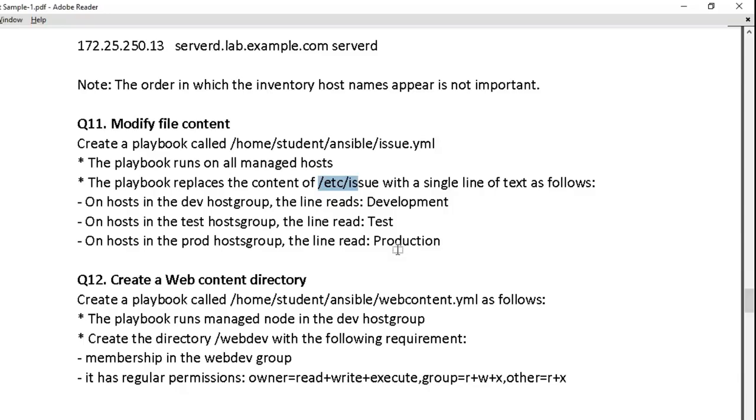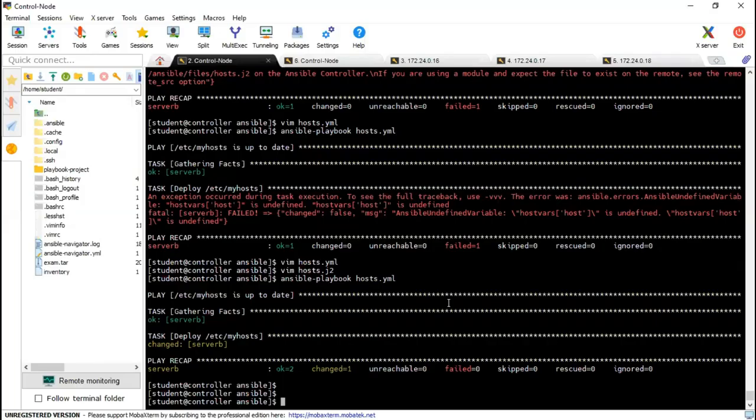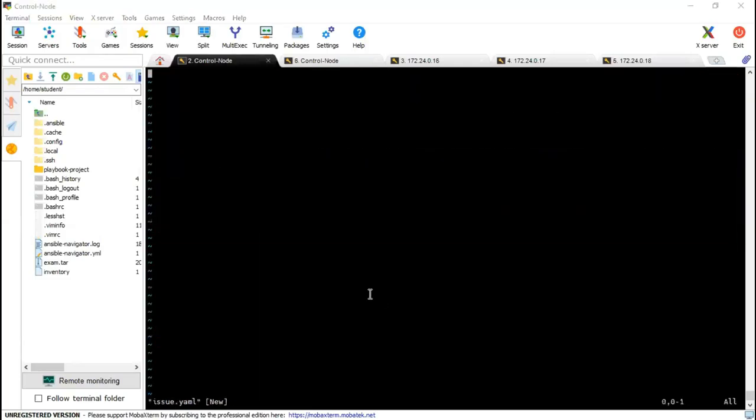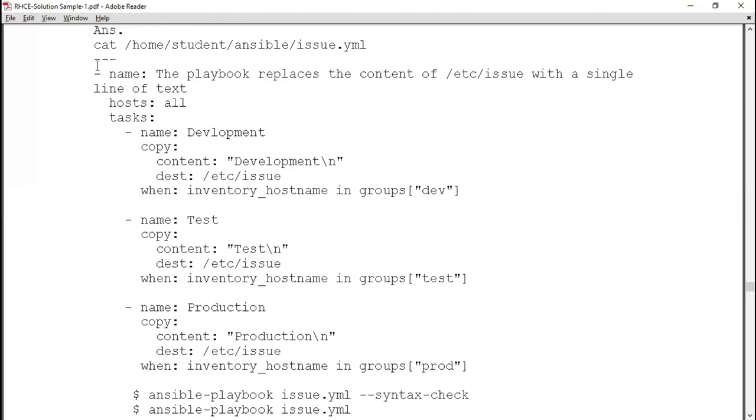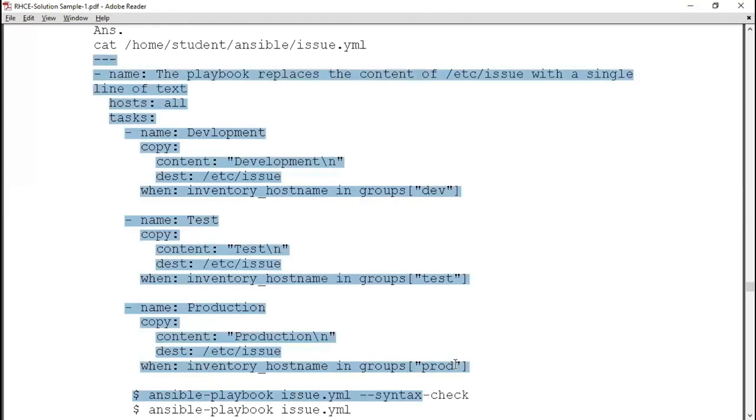Fine. So what we will do now, first of all, let's create the file issue.yml. Now, if you see this, it's simple actually. Let me copy this first of all, and then I'll tell you what it is actually.